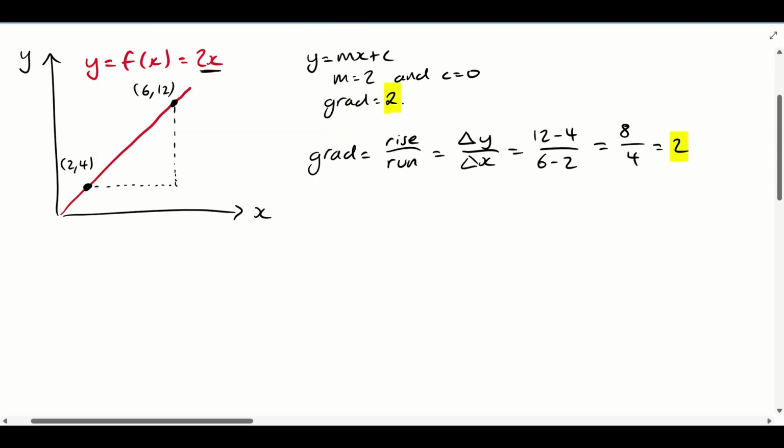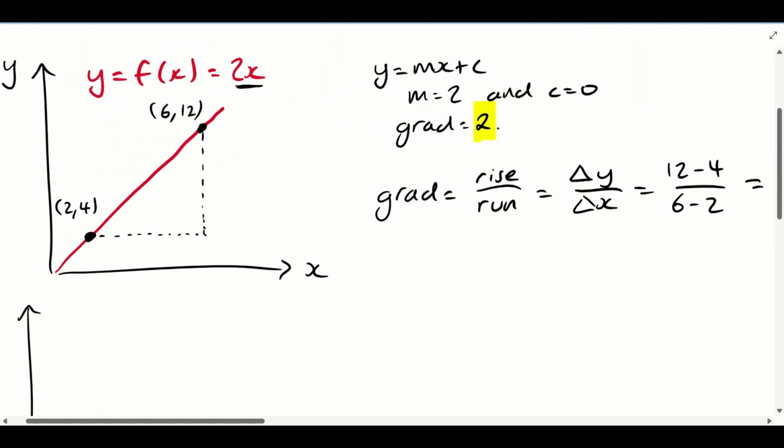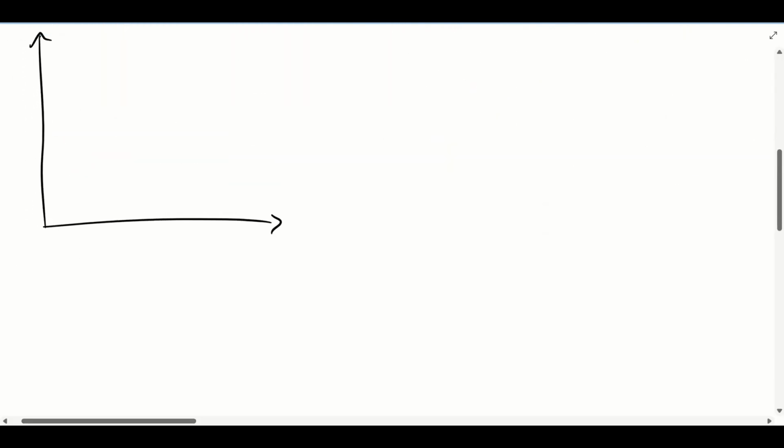But what we're going to focus on for today's topic of differentiation is the second way of finding a gradient. And the reason being is because what if we are asked to find the gradient of a function that doesn't have a constant gradient like a linear line? Okay, if we go back here, it doesn't matter what point we take along this linear line, the gradient is always 2. But what if we go down to this Cartesian plane,